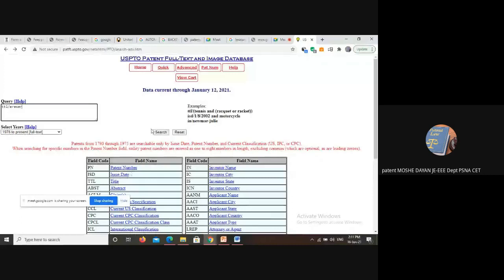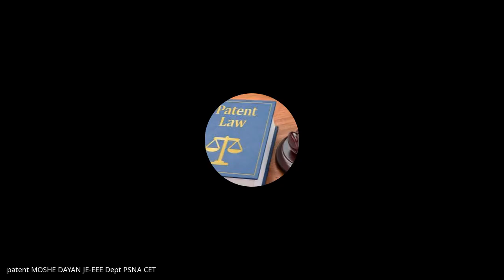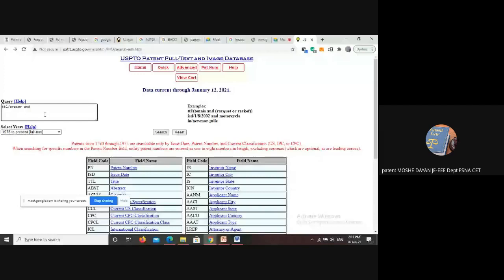So for the title, I have 295 patents with the title eraser alone. Please listen. Now I want to add more to it. I want to find the title eraser in a particular state. Say, for example, in a particular state, I want to search for the title eraser. Then I use the operator AND,